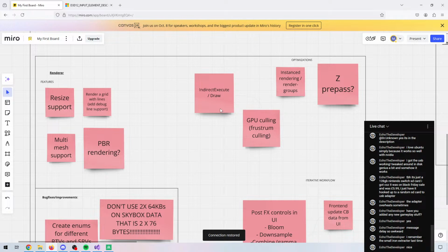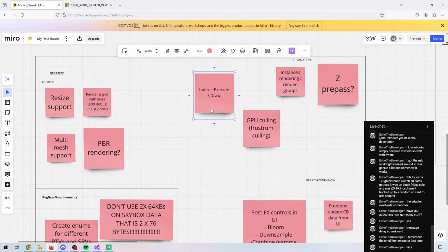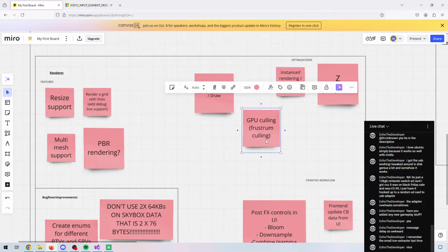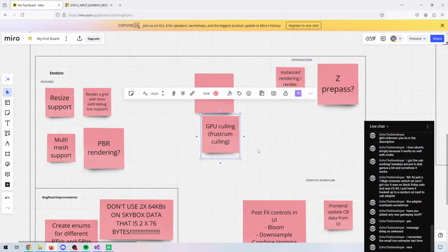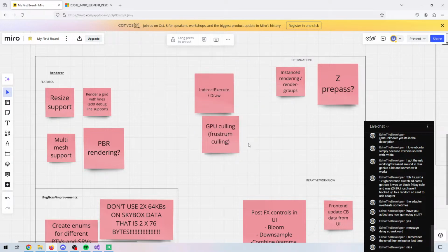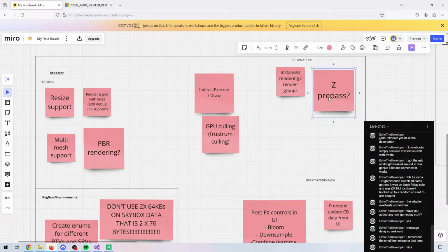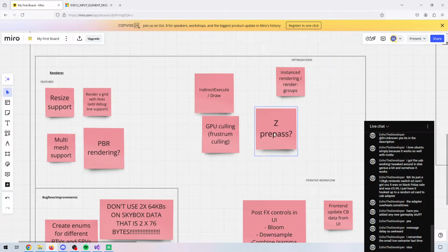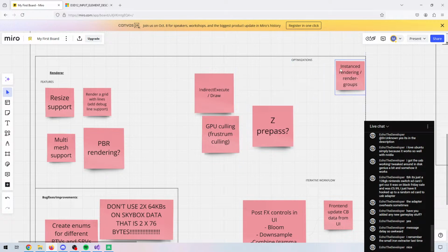I want to do indirect execute and GPU frustum culling. So not on the CPU side, but on the GPU instead. And this will speed up our CPU side of things,